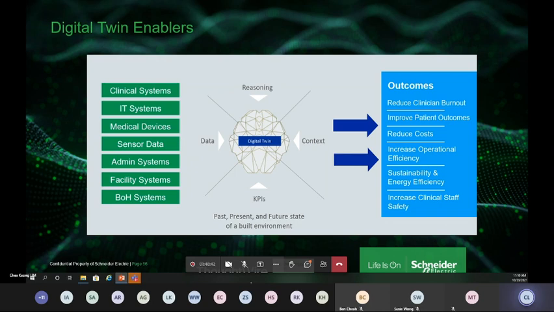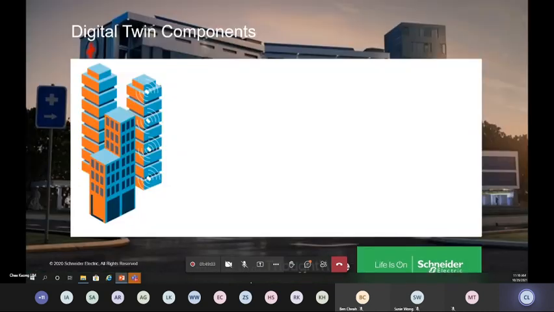Just to cut the whole thing short, all these systems need to be connected. We will include all the reasoning, all the KPIs, to form the contextual model. And when you change the reasoning, in other words, you change the parameter, that's where it will generate the outcome that will show you what is going to happen safely, without antagonizing anyone. So this is really going to be the future of what you're going to see. Just to give a snapshot of what the outcome is.